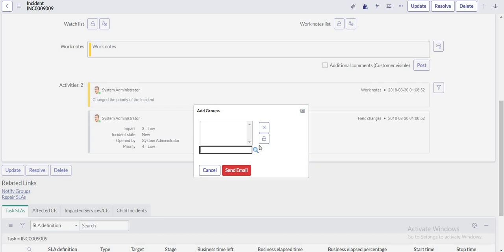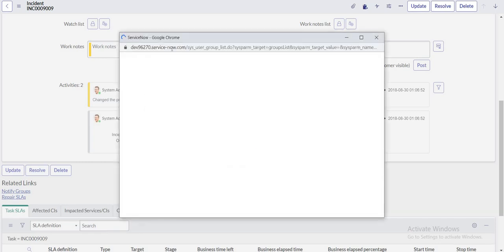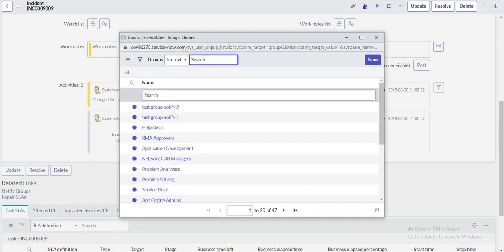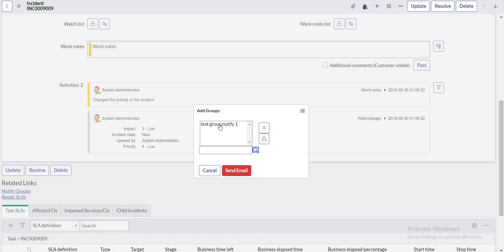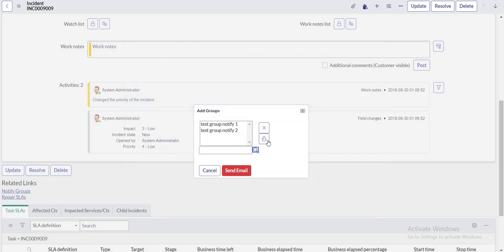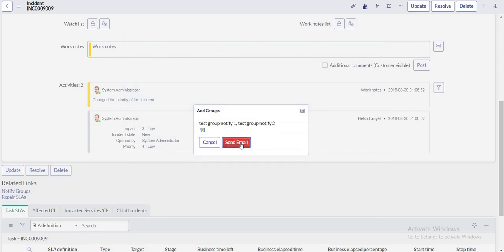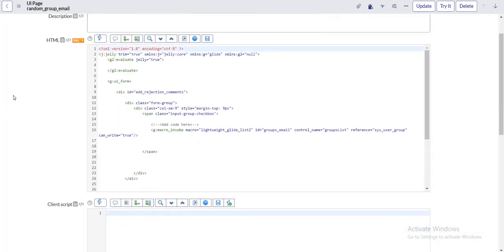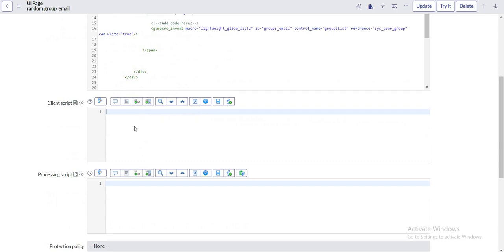So this option appears now because I enabled it so that it can be written. So if I click on it, I can see that the pop-up opens up with the list of groups, and I can select any number of groups over here. So test group notify one is the one that I created specifically for this demo, and I can select this one also. But if I click on send email now, nothing is going to happen because I did not configure it yet. So let's navigate back to our UI page, and here I need to do certain coding so that